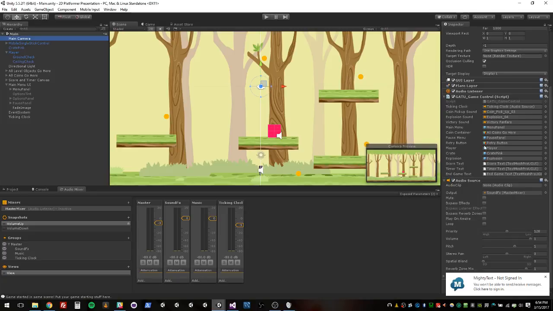And if I go back to main camera, you'll see something very similar with the game control script. I'm referencing various things like audio files, menus, prefabs, and other types of scripts. And you'll notice that the object changes depending upon what it is that I'm referencing. So for example, the ticking clock is an audio source component. So when I drag and drop my ticking clock object into that space, it gives me just the audio source component. That's important to note because in code,